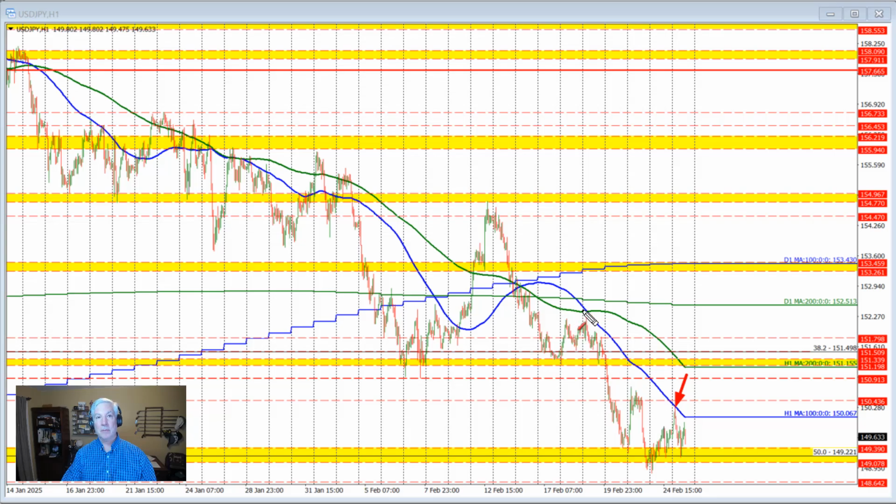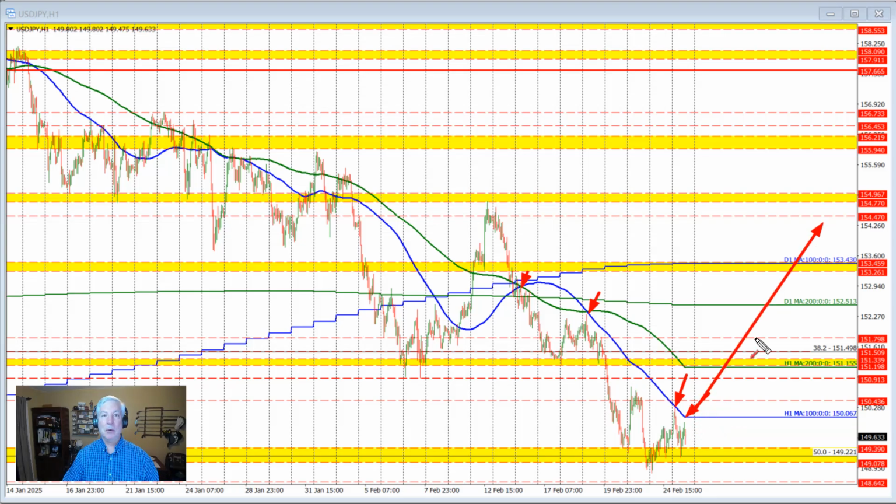against the 100-hour moving average. We did it here and as well. We did it up here as well. So we need to get above the 100-hour moving average to increase the bullish bias. If we get above that, we open the door for further